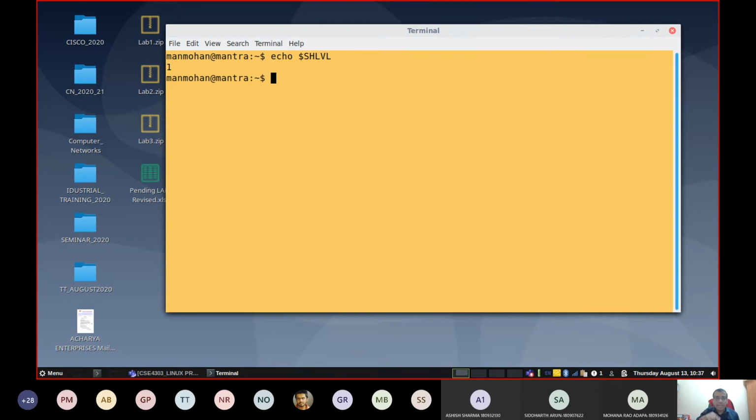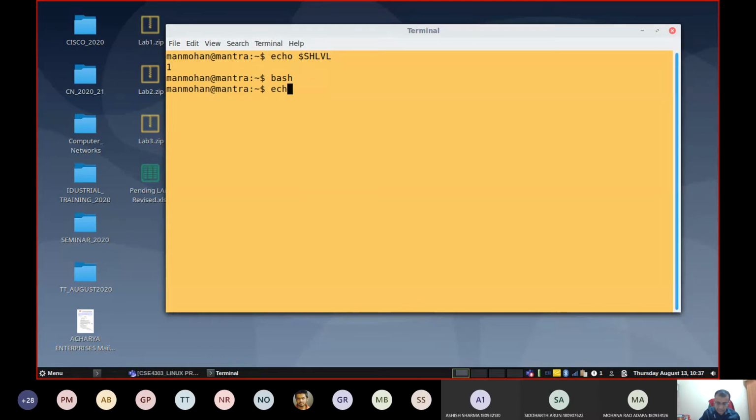Now bash is running here, my shell program is running. What will happen if I once again type bash here? Bash is already running, and once again I will execute a shell. Then you will get a new terminal.